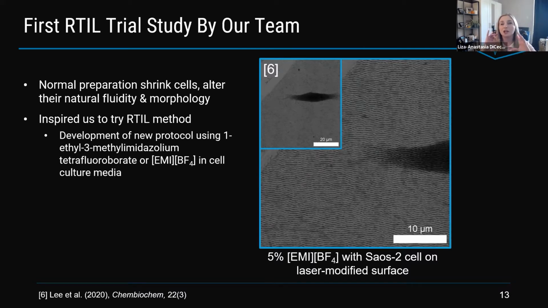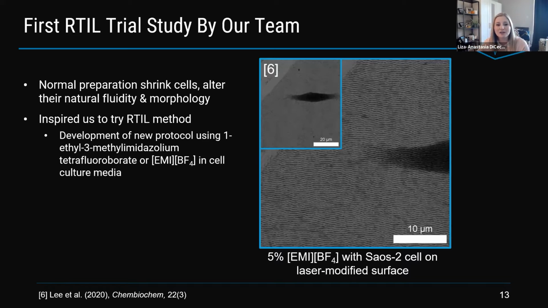So he was actually able to keep his cells alive during the treatment, and they were alive going into the microscope. On removal, the ones irradiated by the electron beam were not alive, but there was still some activity on the samples, which showed that the ionic liquid cell culture media wasn't cytotoxic. That was really cool, because we could see these cells in what would be the last natural interaction that they've had.